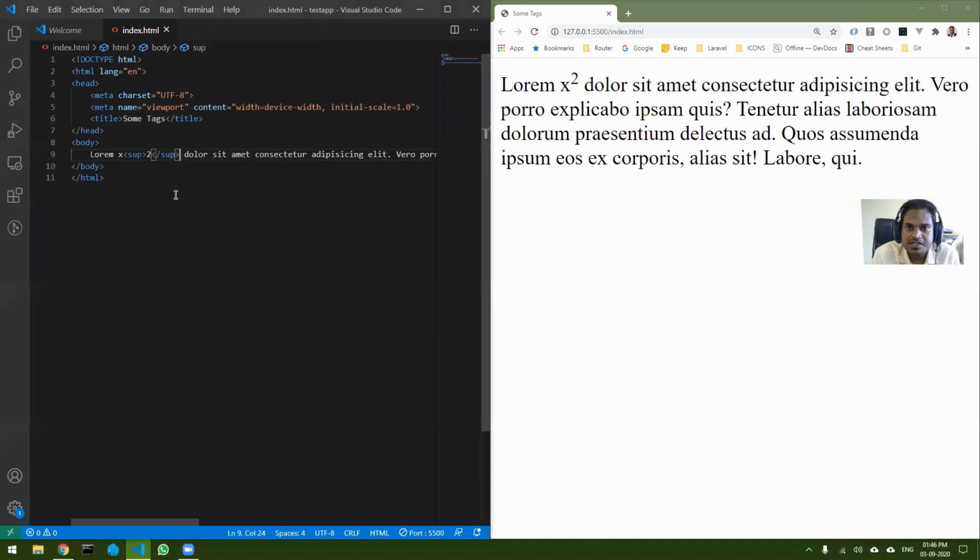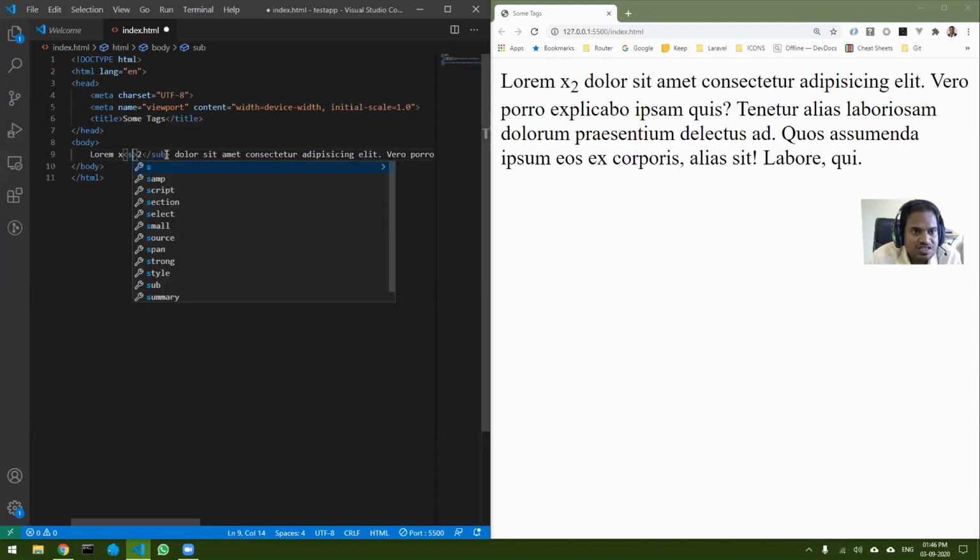If I save it, you can see it goes to the top of the text. And if you do sub, that is for subscript, you can see it comes down. These two things are very interesting.